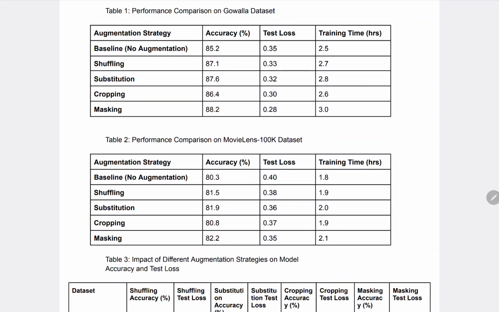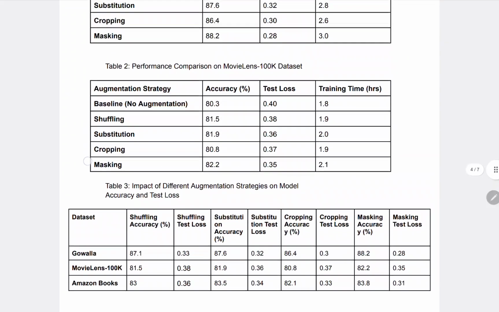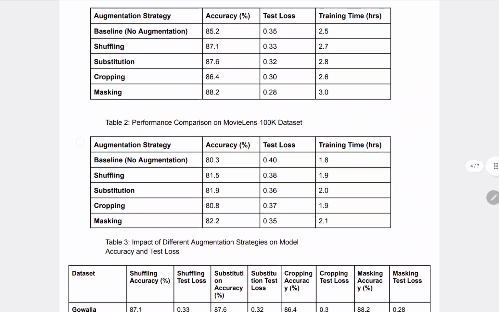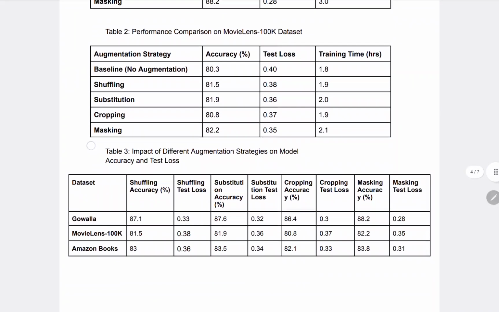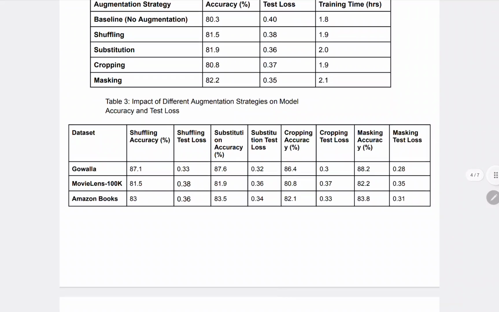data. Whereas in substitution, items improved the model's ability to handle variability in user interactions. Accuracy on Gowalla improved by 15% and test loss dropped from 0.35 to 0.32. On Amazon Games, accuracy increased from 83% to 83.5%. Substitution mimics the real world scenario where users might replace an interaction with something similar, helping the model learn diverse